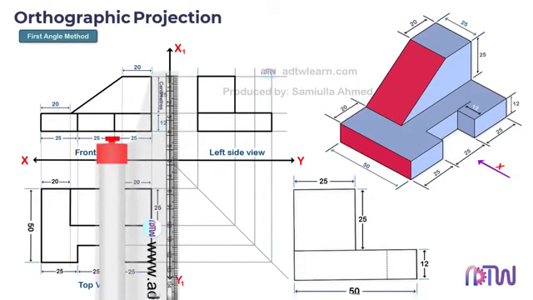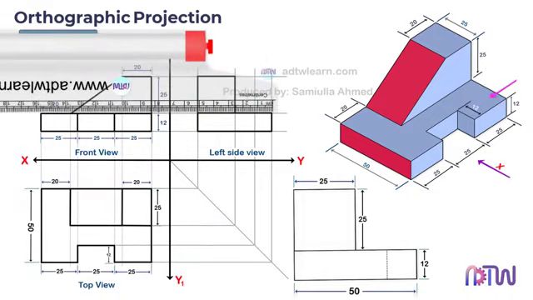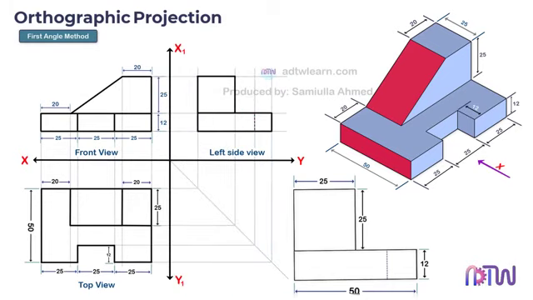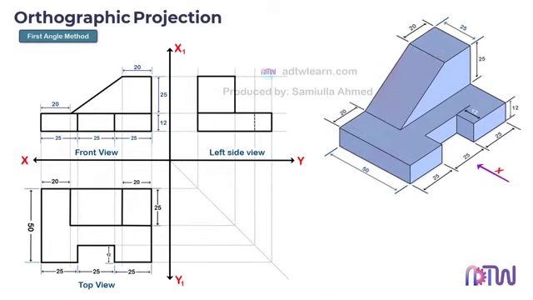At last, we need to draw these dotted lines to represent this intersection. We can see the distance of this dotted line is 12 millimeters. Mark a point at a 12 millimeters distance from this edge and draw a vertical dotted line. This is our required side view of the object. This is how we can draw an orthographic